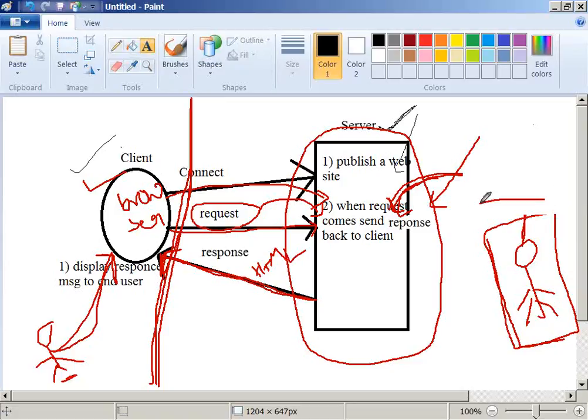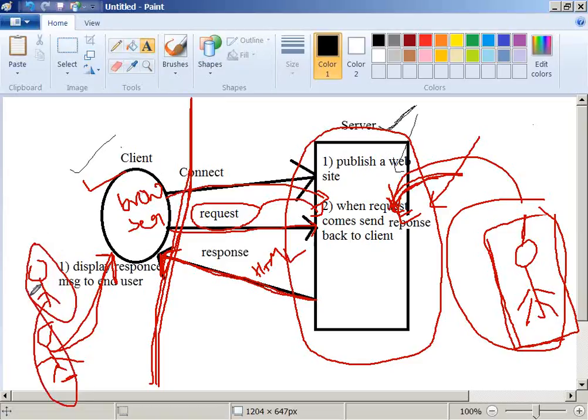There are some set of people who are going to develop these web pages, websites, and they place their websites into what? Web servers. This is one side of it. The other side of it is there are a group of people who use some kind of special software, browsers, to make a request to these web pages. Once this web page is found, the server is going to send that web page back to what? Browser. There are two different things here, users and the developers. Developers develop the pages and place them into a server, and users access these pages by using some special software